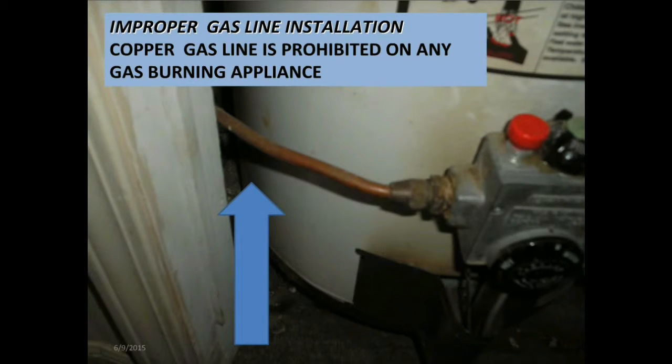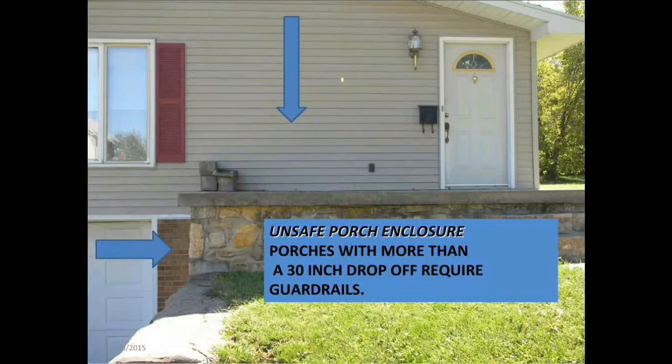Improper gas line installation. Copper gas line is prohibited on any gas burning appliance. Refer to the 2009 Uniform Plumbing Code, Metallic Tubing. Unsafe porch enclosure. Porches with more than a 30-inch drop-off require guardrails. Refer to the 2009 International Property Maintenance Code,